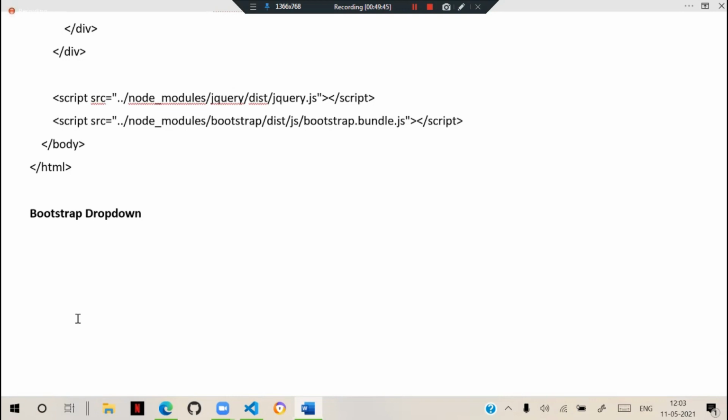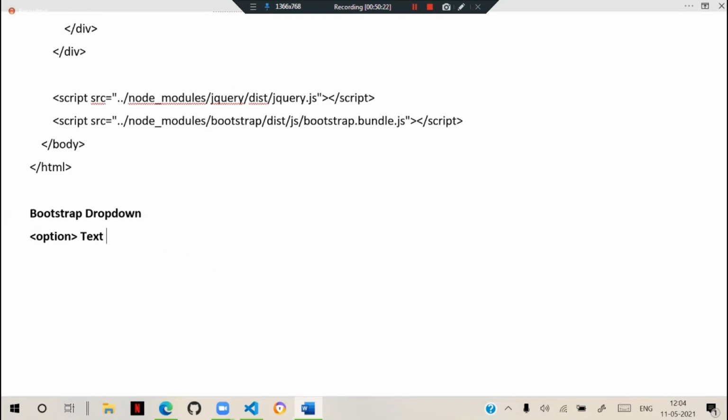So why do we need such dropdowns? What is the purpose of a dropdown? When we design a dropdown with select, because from a form select option you can also design a dropdown, the problem with form select is that select contains options, and in the option you can put only text.